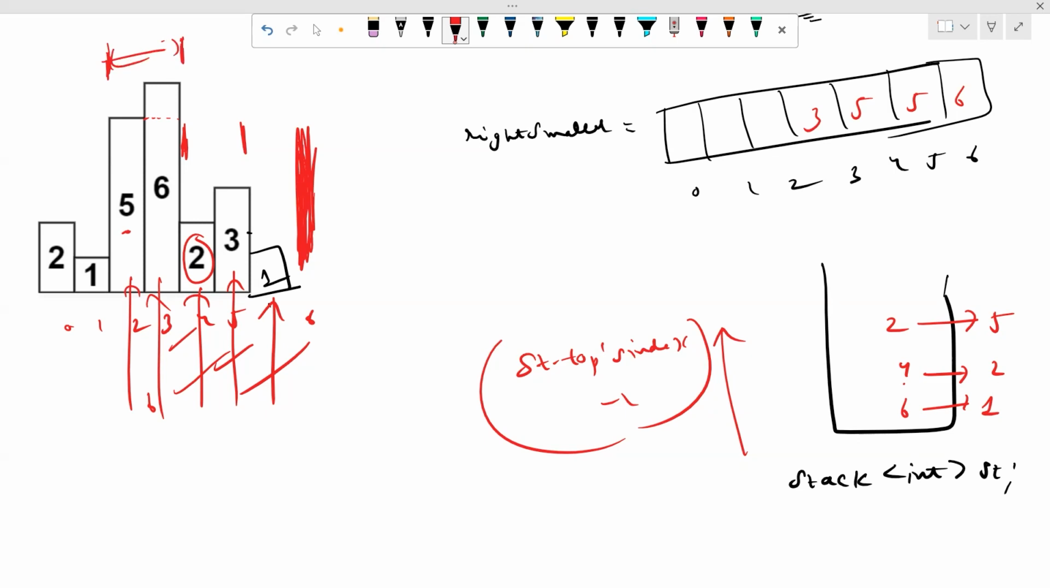So now we'll have 3: st.top's index minus 1. St.top's index is 4, and 4 minus 1 will be equal to 3. That's why we put 3 there, right? Now moving on to 1. So 1 can be extended towards the end, so there we just need to put 6, right? Why do we need to put 6? Once again I'm saying,